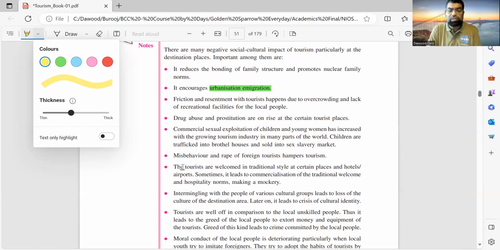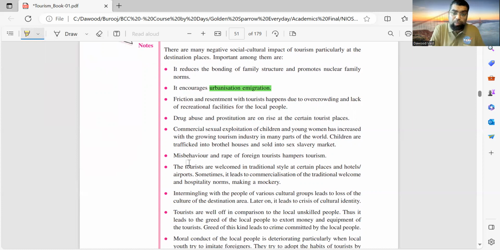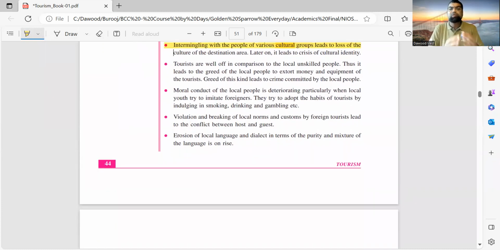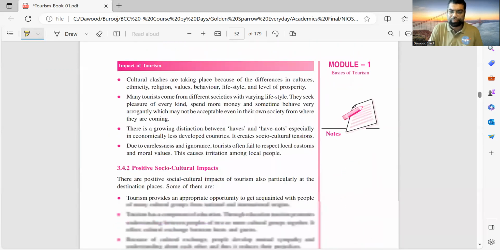Then there is misbehavior by tourists, like in Goa, there are some cases against women, abuse is there, or a simple thing, loss of identity. People don't feel cultural anymore, they don't like to speak in their local language, they want to dress in a western way. So intermingling leads to erosion of culture. Local language is lost. We don't say westernization is bad, but it means people will not greet you in a local traditional way. They will not say namaste, they will say good morning. It might impact. These are the socio-cultural examples you have to write.